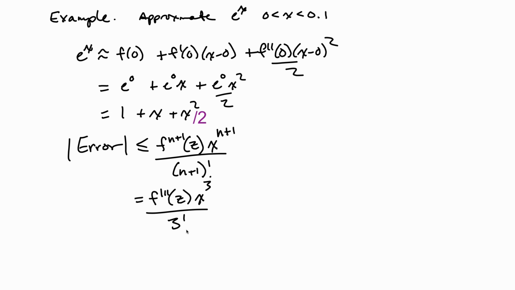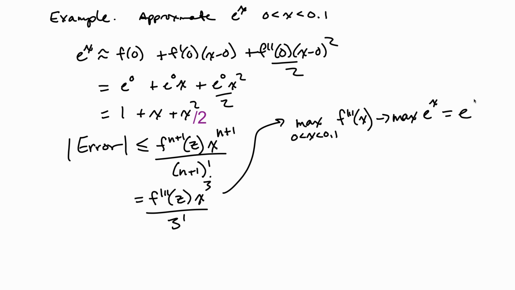So now we have to pick what our point z is going to be. We want to know the maximum over the interval where x is 0 to 0.1. The maximum value of f triple prime of x, so the maximum value of e to the x, is just going to be e to the 0.1, right? E to the x is a strictly increasing function between 0 and 0.1, so the value at 0.1 will be the highest. So back over here, that means our error bound is going to be e to the 0.1 times 0.1 cubed all over 6, which gives us something like